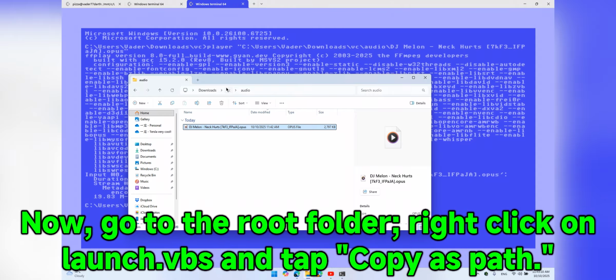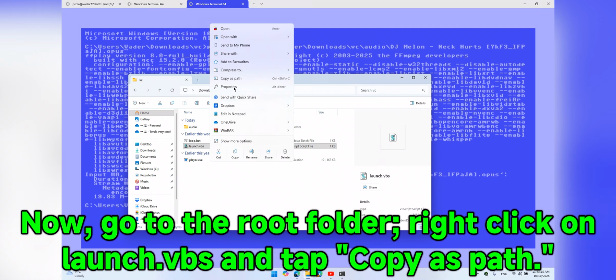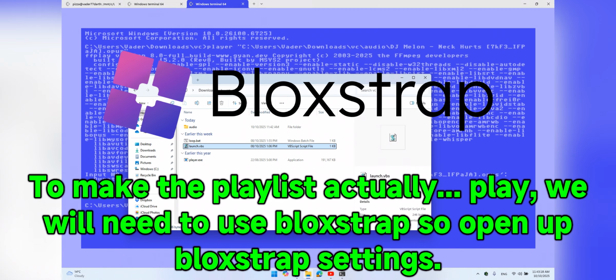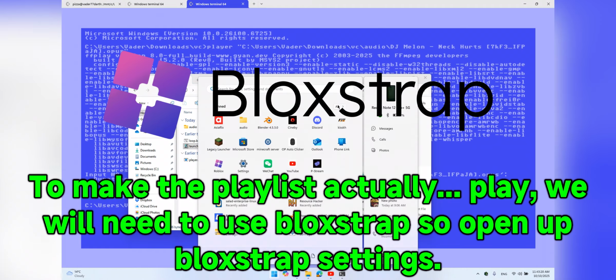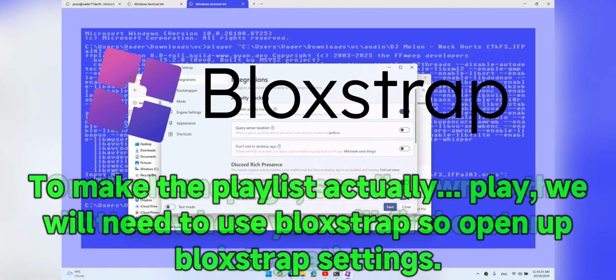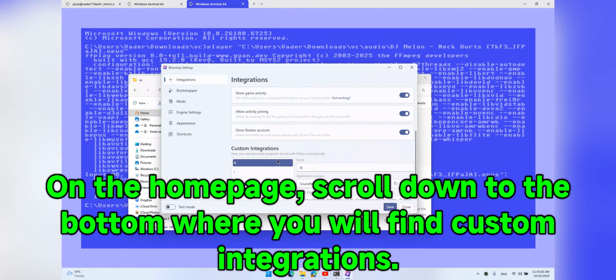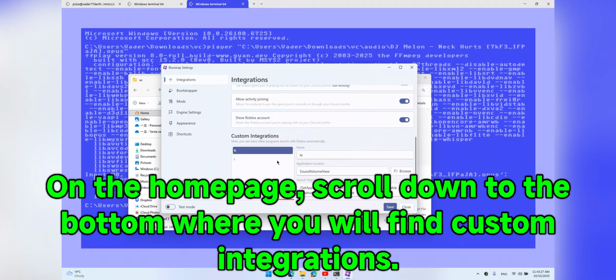Now, go to the root folder, right click on Launch VBS and tap Copy as Path. To make the playlist actually play, we will need to use Blockstrap, so open up Blockstrap settings. On the home page, scroll down to the bottom where you will find Custom Integrations.